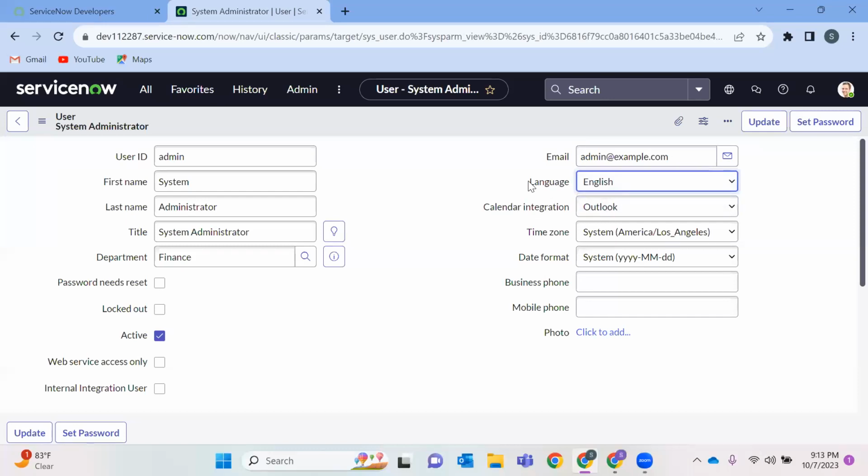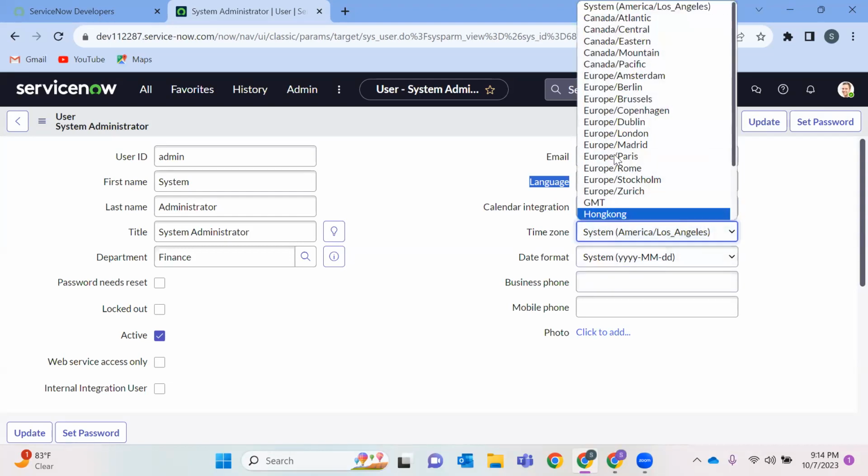And if you want to add more information, like your language is English or any other language, you can do it from here. And your calendar integration means your calendar has been integrated with Outlook. So whatever meetings or time you block for your client calls, you can check once you integrate it with Outlook. And the time zone, you can define your own time zone, because we deal with many users globally. Globally means people belonging to the US, Australia, Spain, Brazil, it could be any user. That's the reason we use different time zones.